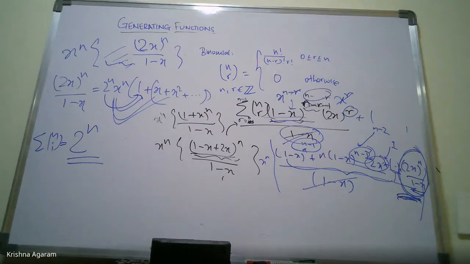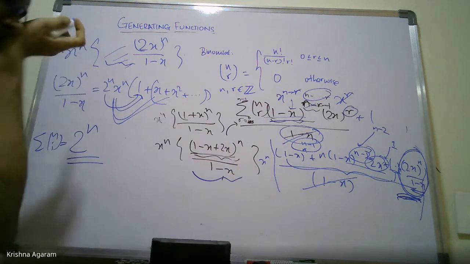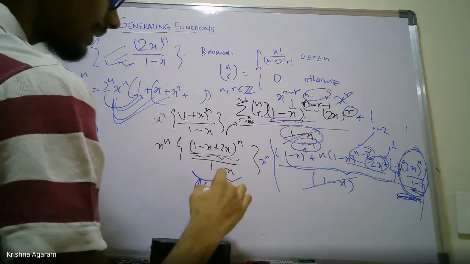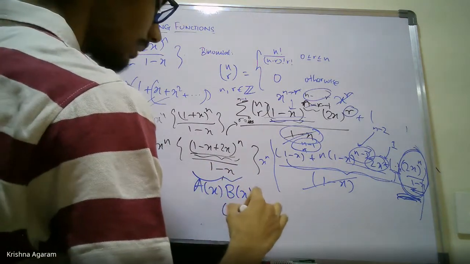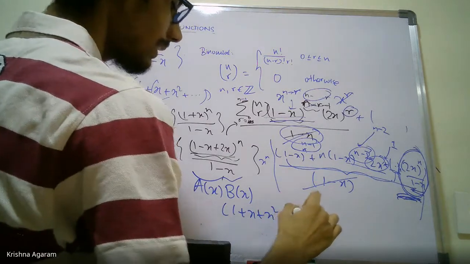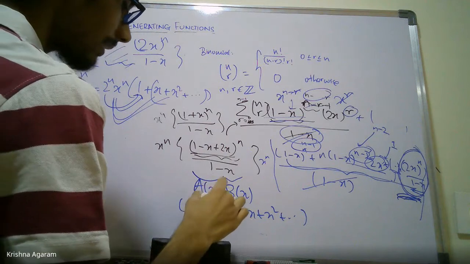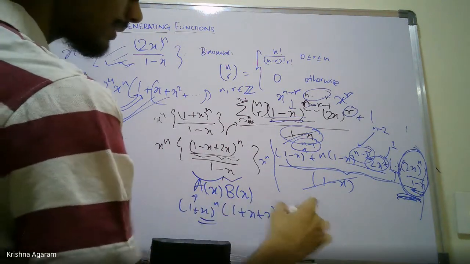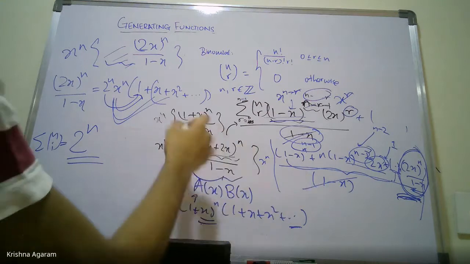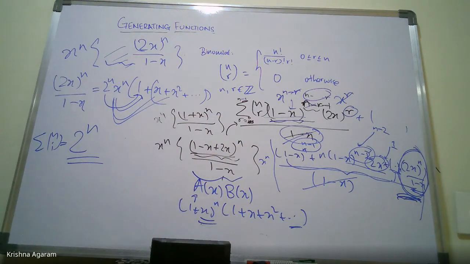The one that we're looking for, the thing that we multiplied, what we were trying to find the coefficient of x to the n, that was a of x, b of x, where this is 1 plus x squared, and so on, just the generating function of 1, 1, 1, 1, 1. And this was our usual 1 plus x to the n. So clearly there are some x to the n plus 1s, right? Oh, got it. I mixed it up with a of x. And the 1 plus x squared, and so on, we just wrote as 1 by 1 minus x, cleared the 1 minus x, and whatever we were left with is 2 to the n.